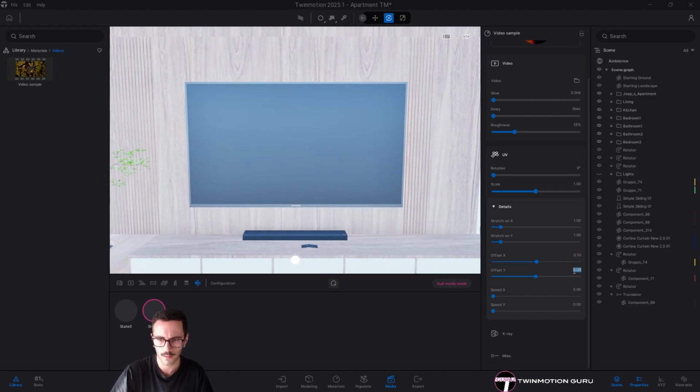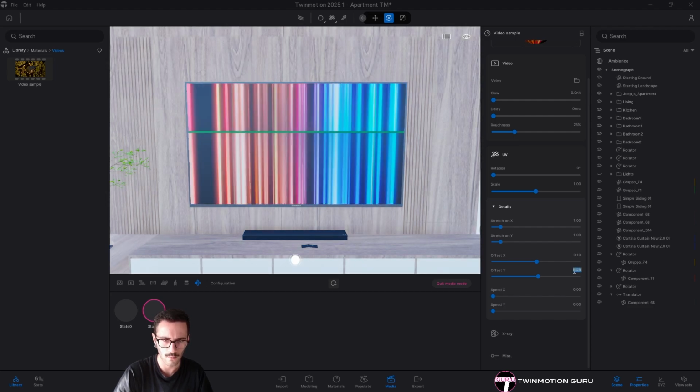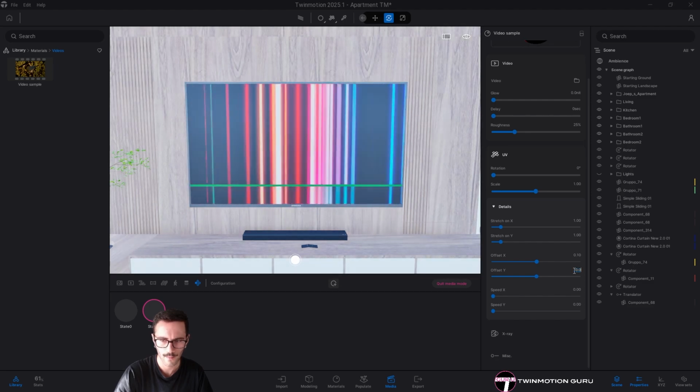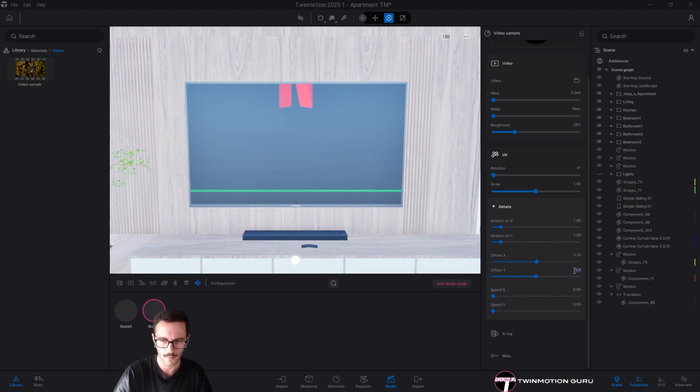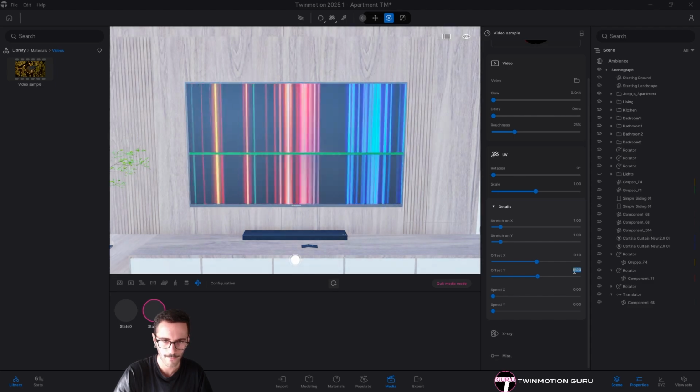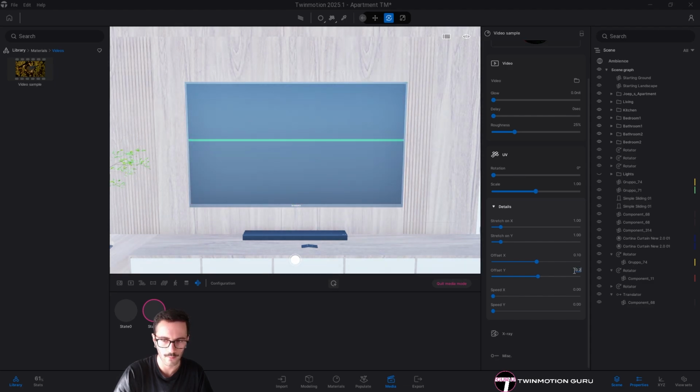Something like that. And for the Y offset, something like that. Oh, it's too much. So 0.8, no, 0.6, no, 0.25. I'm sorry, I'm not very good at doing that.